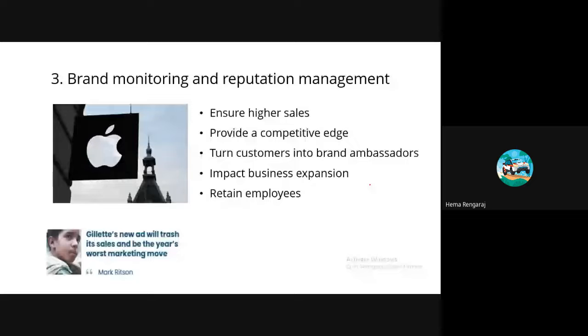For example, we can turn customers into brand ambassadors, because if any customer is loyal to our company, and you are giving some incentives or bonus points to the customers, obviously the customer will keep on posting positive reviews. What will happen is our brand will keep growing, and the positive reviews of our particular product will increase. In that way, we can turn our customers into brand ambassadors. So it is a good trick and idea to keep our business productive, right?